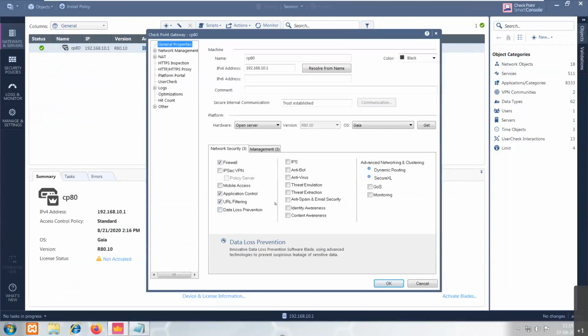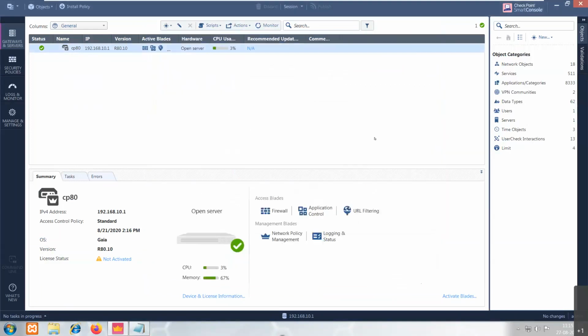It gives you various blades like VPNs, remote access VPNs, intrusion prevention, anti-bot, antivirus, right? URL filtering, application control, monitoring, bandwidth restrictions, right? So using these features provided in Checkpoint, an administrator will be able to control what actually happens in an organization's network. And even if someone is trying to launch an attack and compromise the organization's resources, the administrator will be able to identify them, identify the kind of attack that is being used, and also block it.